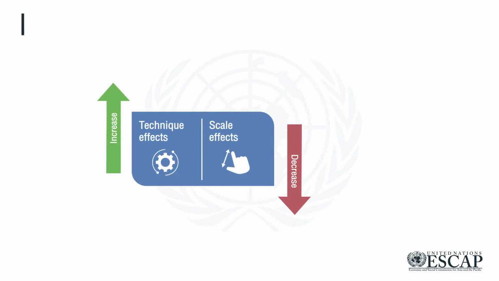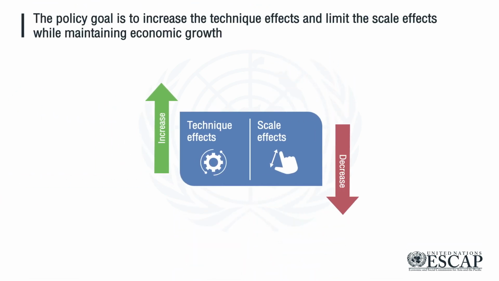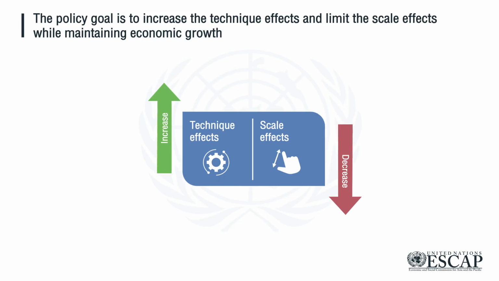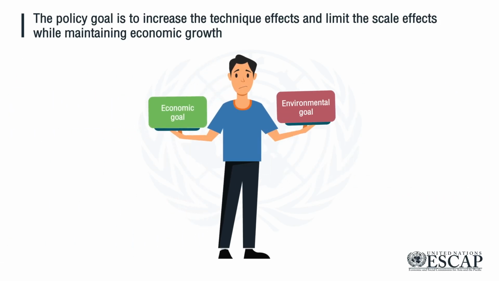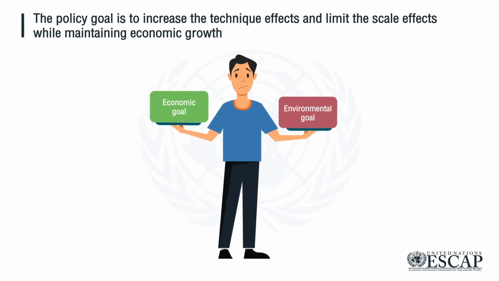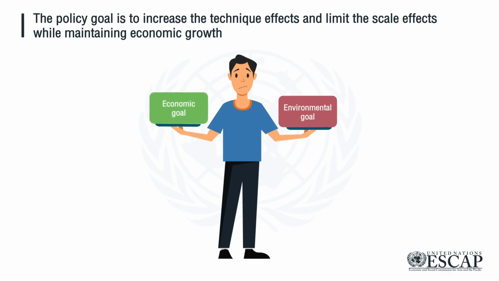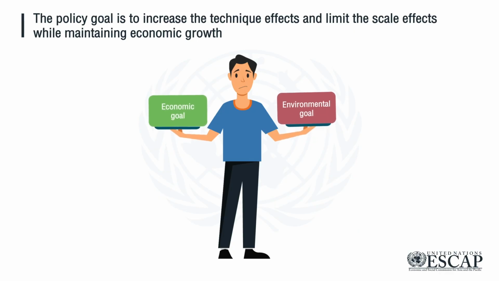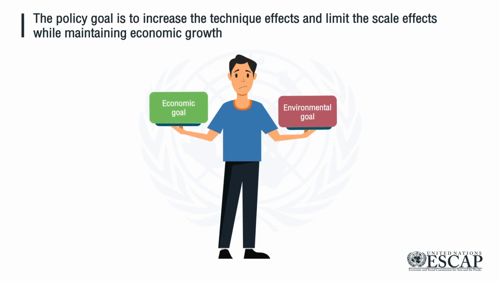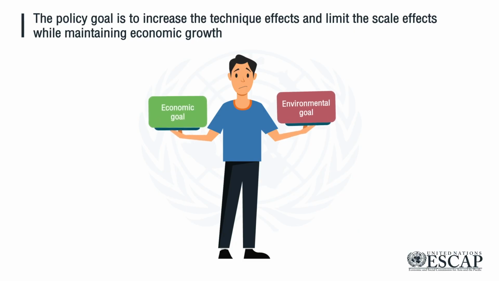Summing up, the successful pursuit of environmental SDGs generally strives to reduce the impact of scale effects and to augment technique effects. But reducing scale effects alone typically involves a trade-off with the important goal of economic growth. So the pursuit of two targets, economic growth and better environmental protections, will most often involve two instruments. Trade promotes growth, and measures to support technique effects are one important way to address the second.